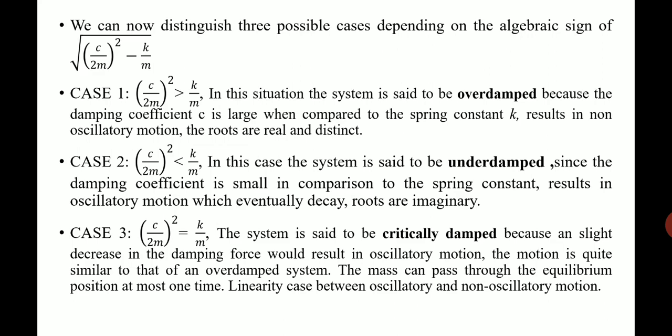We have to bring back the gun to the mean position immediately after firing. So in that case you can use a critically damped system. But in most cases, the system will be underdamped. That is, there will be vibrations, there will be oscillations. The only case where there are oscillations is the underdamped system. Both overdamped and critically damped systems are non-oscillatory systems.